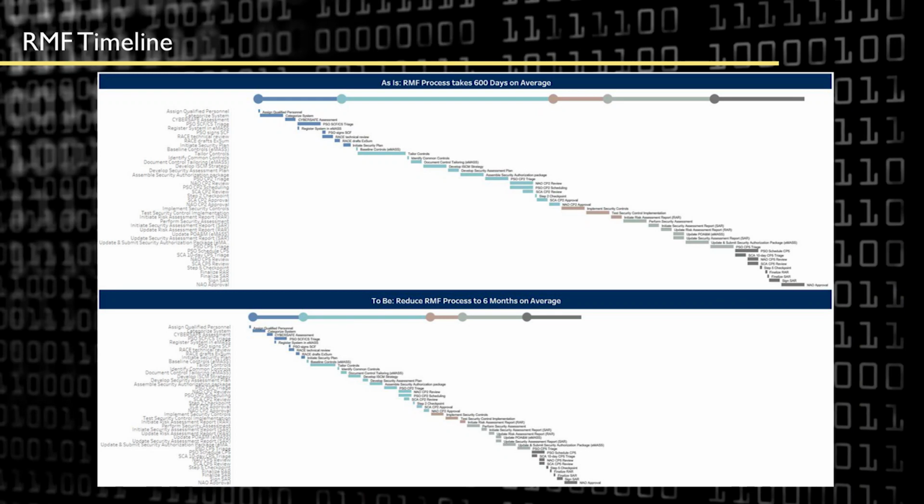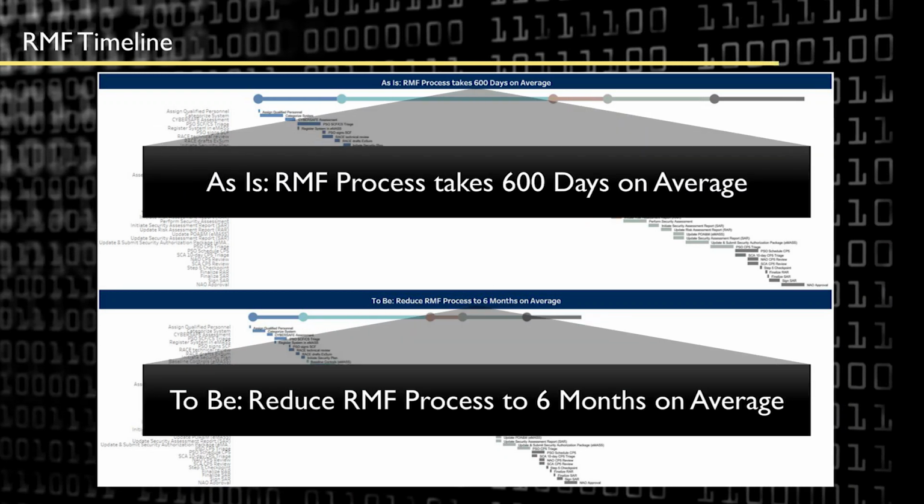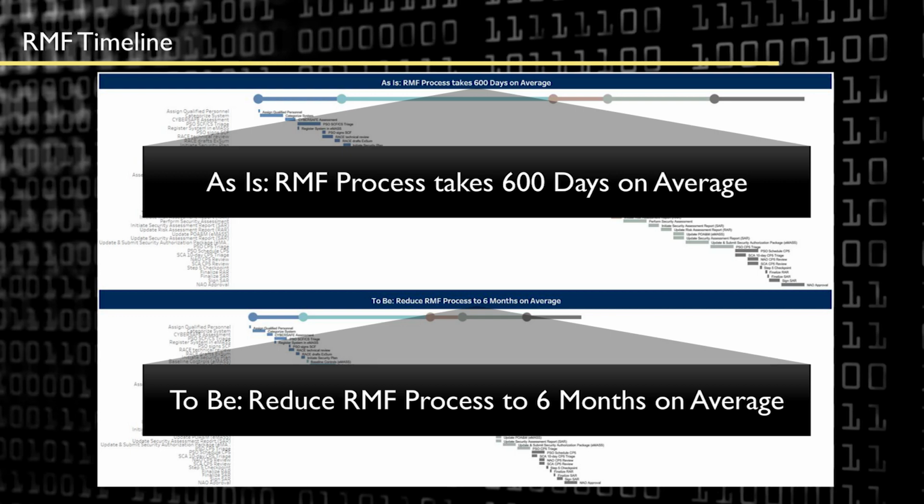efficient. So we picked people from across the organization that we knew had working level experience with this process, got them all in the same room for an airing of grievances, so to speak, and we got down to the root cause of what was making our package quality suffer and causing multiple kickbacks. So in the end, we came up with a story that was vastly different from what we expected when we went into the room, and we had several process improvements that we could start implementing right away to shorten the